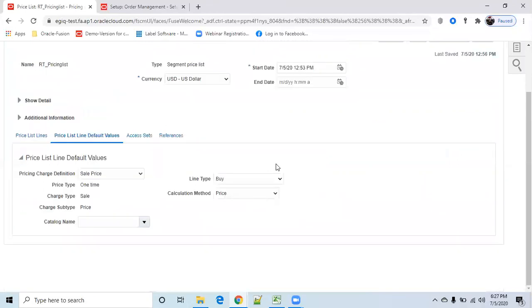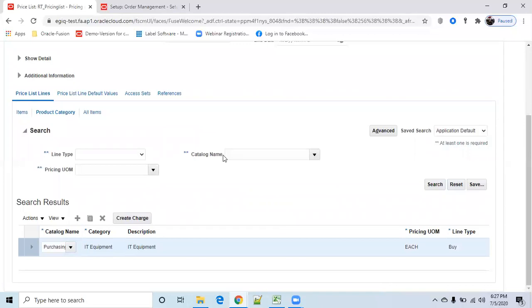Next, price list default values. These default values come from the charge definition. This one doesn't have any significance here. The main part is that under the price list, we have to select on what basis the price is carried out: based on the item, category or UMs.